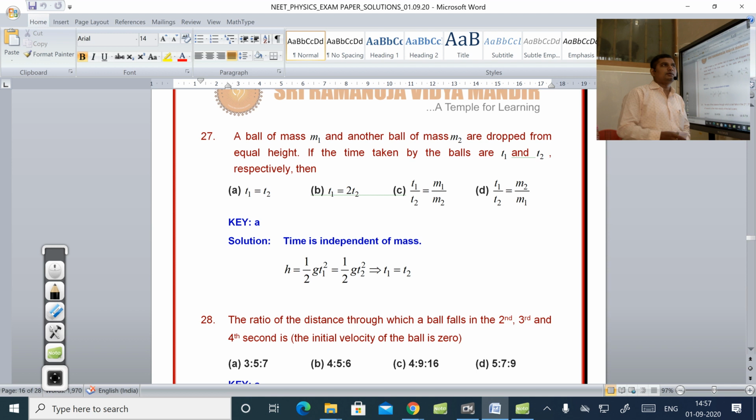Next, 30th question, a body freely falling from rest has a velocity v after it falls through a height h. Here in the diagram you can see that when the body is released, by the time it travels h distance, it has got velocity v. Now the distance it has to fall down for its velocity to